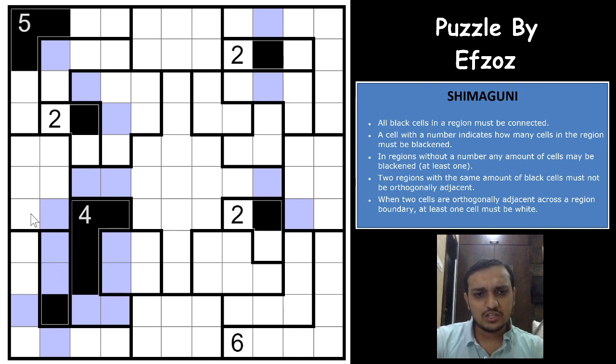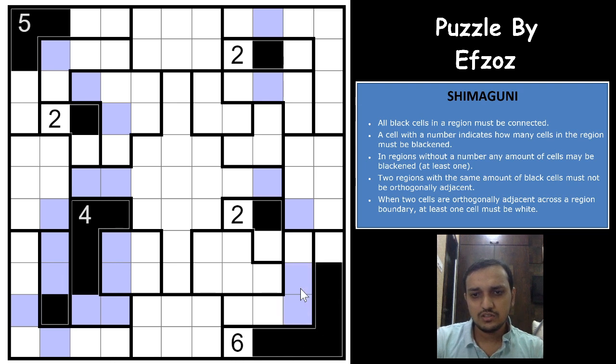So if you see this region now, yeah, we forgot the 6 here, right? So if you see this region now, this cell cannot be shaded, because if this cell is shaded, that means there will be only one shaded cell in this region, and you already have one shaded cell in this region. Both of the regions are touching each other. So not possible, all these 3 will be unshaded, and which means that this region will have 2 cells shaded, right? Either these 2 or these 2. You cannot have one shaded cell here in this region, because this region is touching the other region that already has one shaded cell.